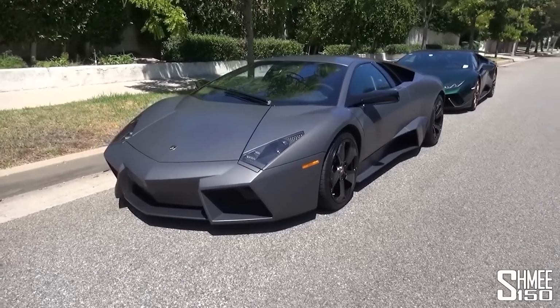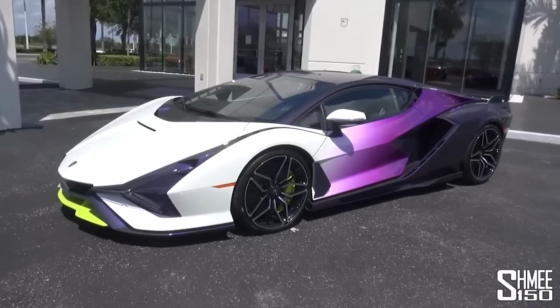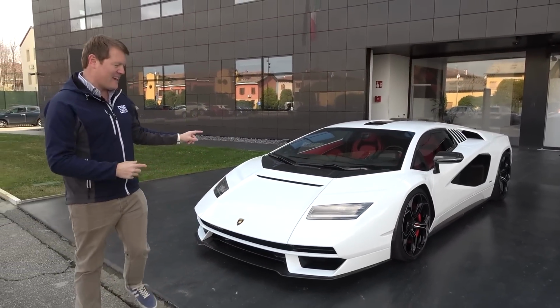Now, when it comes to Lamborghini's few-off series hypercars, I have been exceptionally lucky to drive nearly all of them. To date, I've been behind the wheel of the Lamborghini Reventon, the Veneno, the Centenario, the Sian, not the Sesto Elemento, but I'm excluding that because it's track only. However, there's one other that's been eluding me, and that car is sitting right here, the Lamborghini Countach